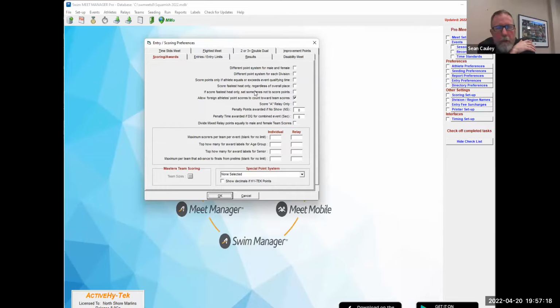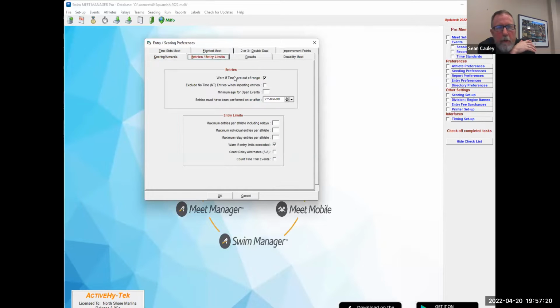And there should be a place to put, there you go. Okay. Exclude. No. Maximum entries per athlete. Okay. So that's 4, right? Yeah. Individual 3, relay 1. Yeah, and the reason that each session you do it again is, let's say you were doing,